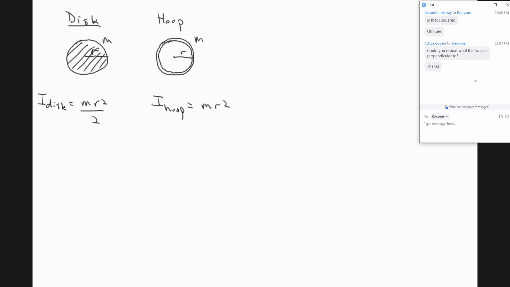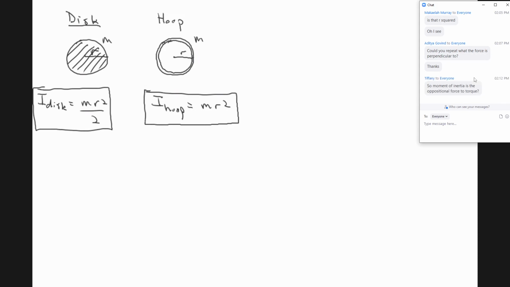But these are the only two moments of inertia that you guys need to know. You need to know your disc and you need to know your hoop. There's a ton more, but we don't need to know them. You should thank your lucky stars. The other thing that we need to know,